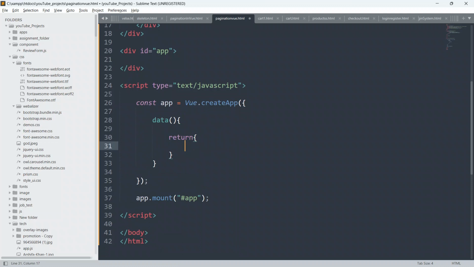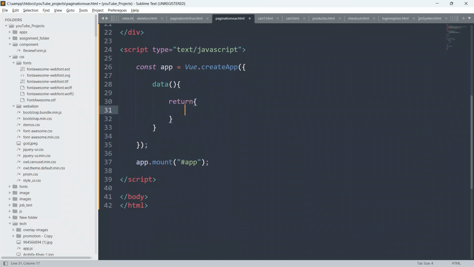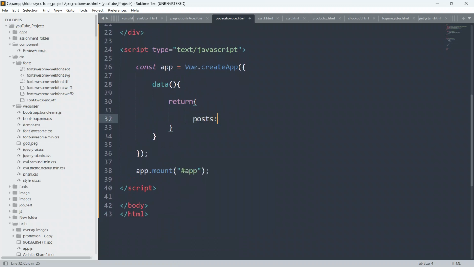Okay, so guys, I will add the comment also for you, so that it will give you some kind of guide. It will definitely help you. So I will write the comment also. Just be here and watch the entire video. So I will give post colon, and as of now I will create the empty array. So I'll write the comment: array to fetch posts.